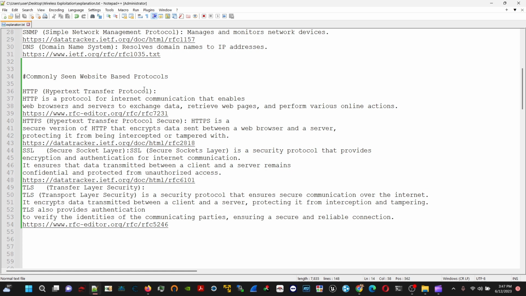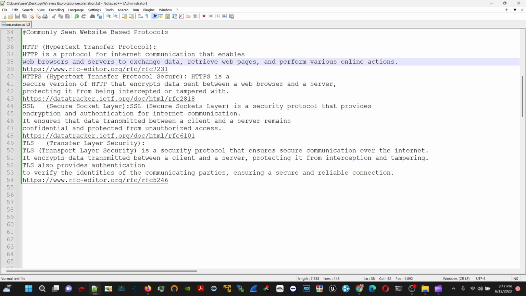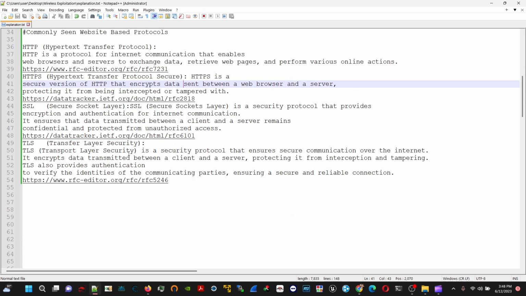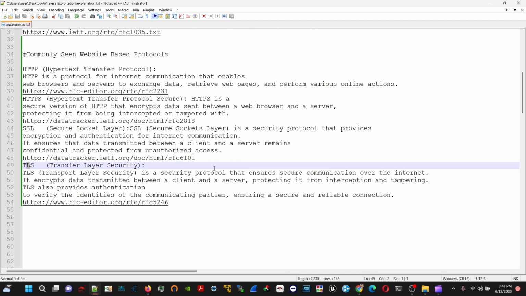One is HTTP. It is commonly used for communication for retrieving web pages, and it's on the transport protocol port number 80. And HTTPS is just a form of it which is secured and has encryption, and it goes on the transport protocol port 443. And SSL encryption and TLS encryption, which are used for this, are commonly used for higher security